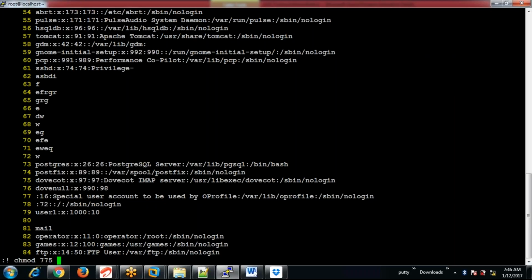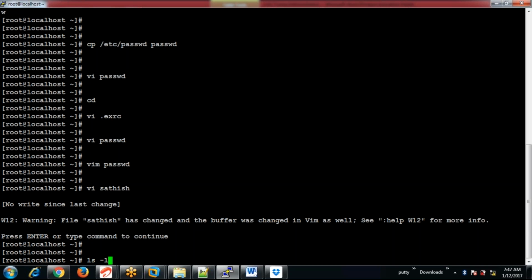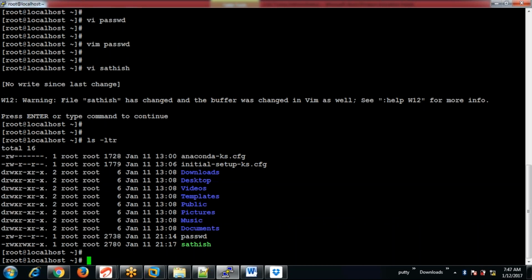That is, I want to give the execute permission for the file called Satish. Now I have given that, without getting out from the file. See here. Now if you would like to check it, I have given the execute permission, so it has changed into the green color.